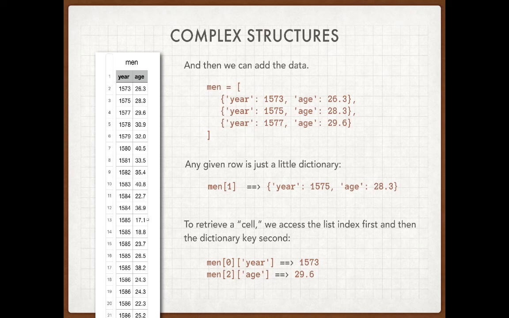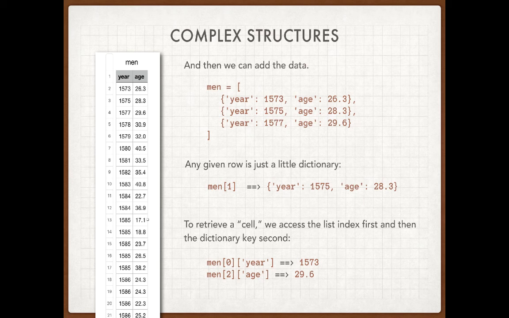I just put them side by side, no spaces in between them, and I can pull out any individual element. So of course here, this is the 0th row of men. In my spreadsheet there on the left, that's kind of row 2, but that's okay. Just don't worry about it. So in the 0th row of men, the column called year is going to deliver to me the number 1573,